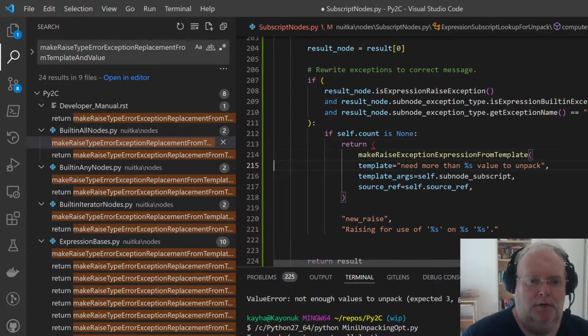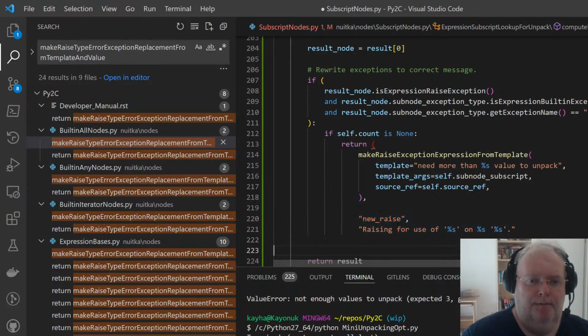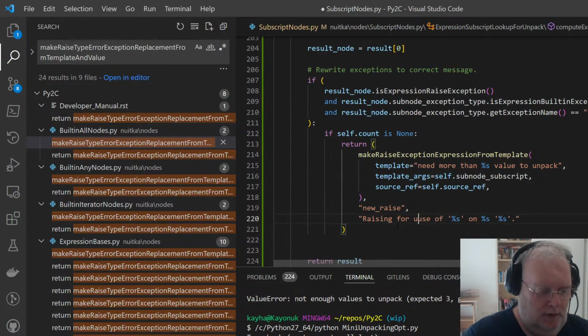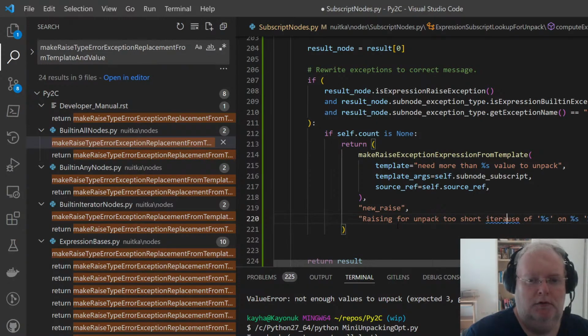Need to also say what I've done in erase. And raising, or unpacking too short iterator. Okay.